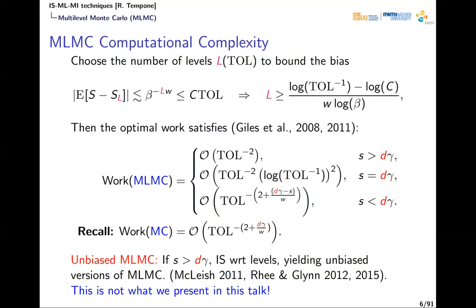We talk about importance sampling, right? And I want to make a small distinction for those in the audience that already know Monte Carlo, multi-level Monte Carlo, and unbiased versions of that, the unbiased versions of multi-level Monte Carlo where you actually play importance sampling across levels. This is not what we do here, and we're not going to discuss it. I'm happy to discuss this with the questions, but it's not something that I will be touching in this